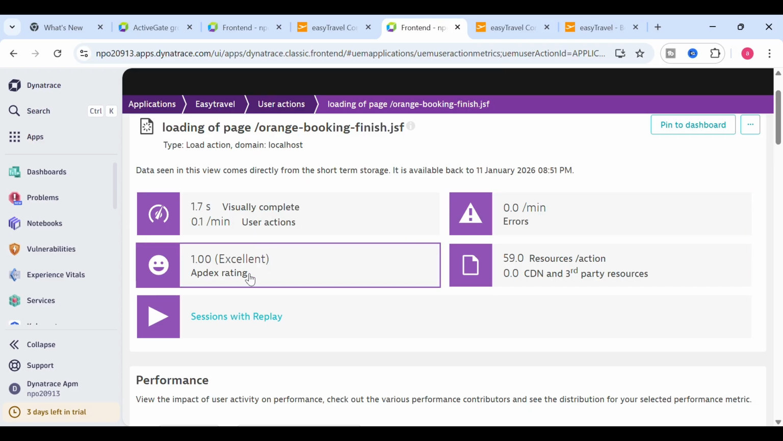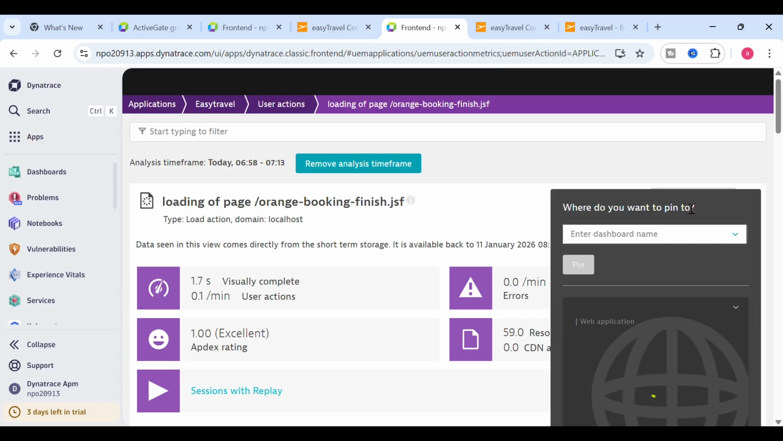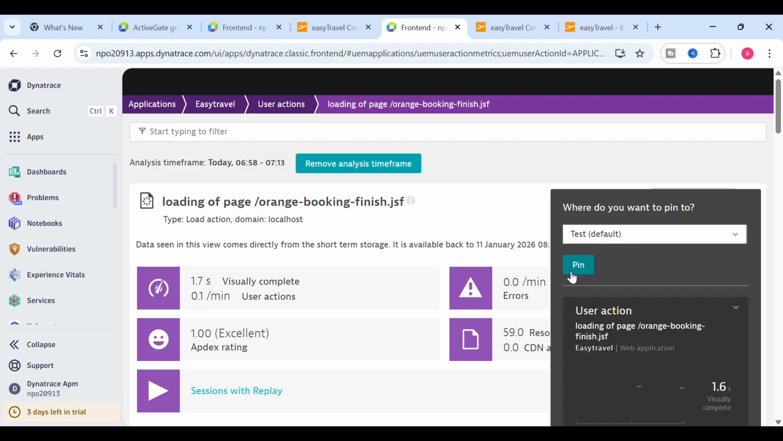use this to capture it on the dashboard where you have all the other metrics, so you can monitor it from your dashboard instead of coming to the applications page each time and going to that particular user action. So we can just pin it to the dashboard. Let's say I've created a test dashboard, so I'll go ahead and pin this to the dashboard. So when we open the dashboard, you will be able to